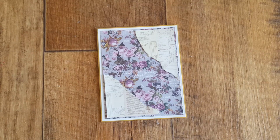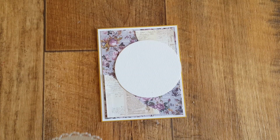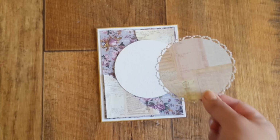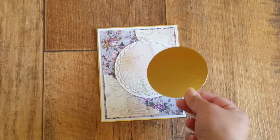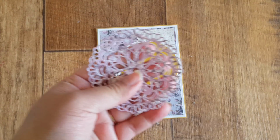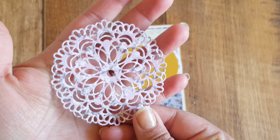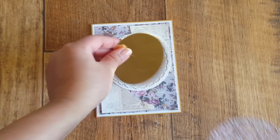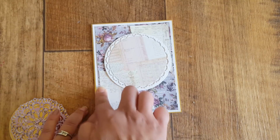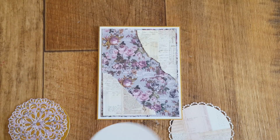Now onto the layered sections. So I've cut here a textured white circle, the pretty Tattered Lace pearl circle, that's going to go on top of that, then another gold layer for top of that, and then this one is the one that I haven't shown you actually. This is a Crafter's Companion doily die, and I've just used some pattern paper to create this, and that's going to go on top of the gold layer. So excuse me, put this down a bit more. So the first one is going to go on